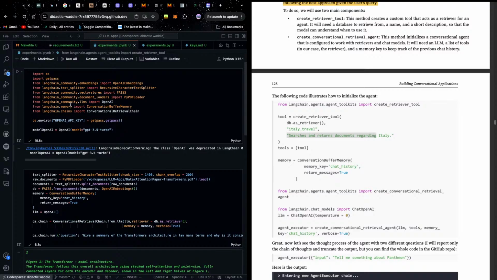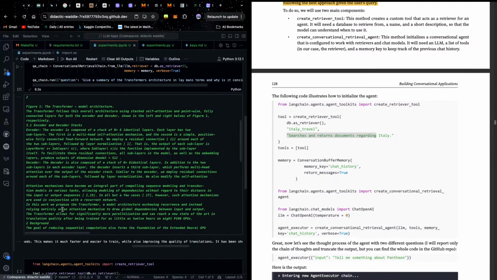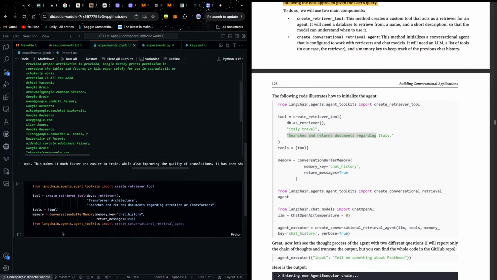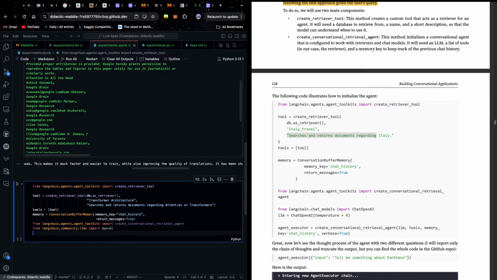So over here we import OpenAI. LLM equals OpenAI, temperature equals